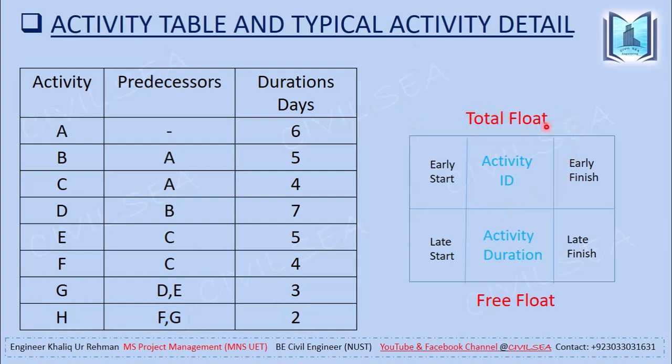Here you can see that total float is shown, and free float is shown at the bottom. Here is the early start, activity ID, early finish, late start, activity duration, and the late finish. So with the help of this table, I will give you an example, explain the activity network diagram, and from that you can find the critical path, total float, free float, each and everything. So moving forward,